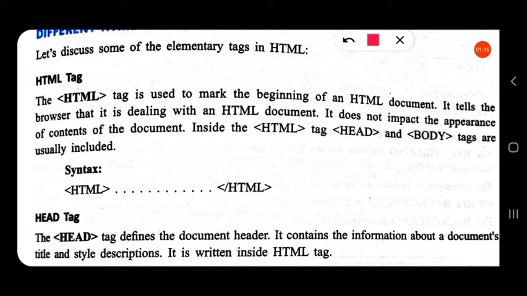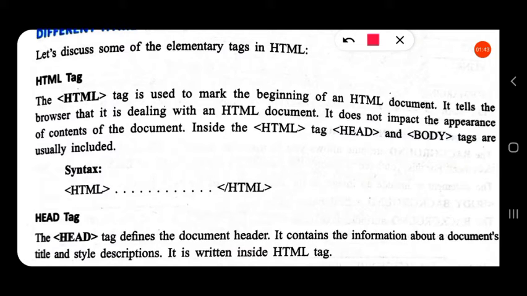Inside the HTML tag, there is a head tag and a body tag. The HTML tag starts like this and ends like this. The same tag is used, but the difference is that there is a backslash in the HTML ending tag.